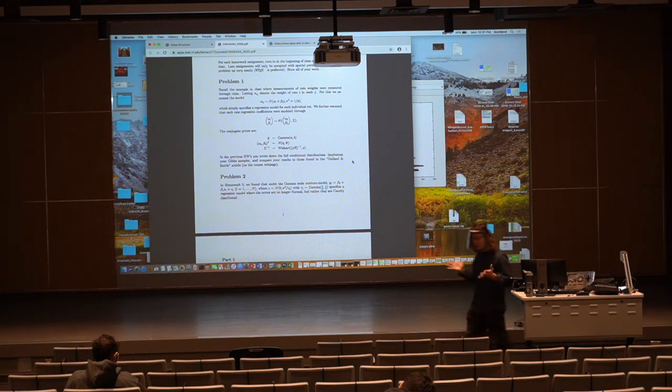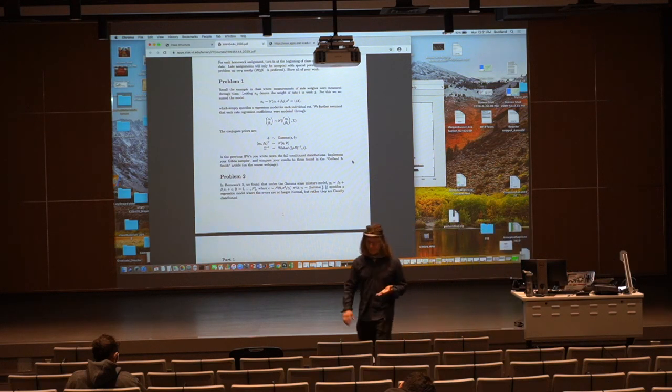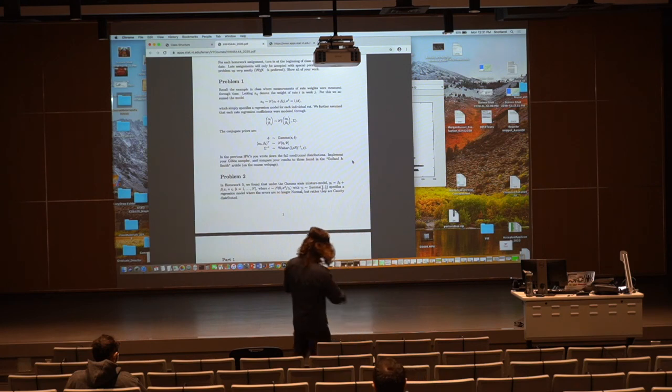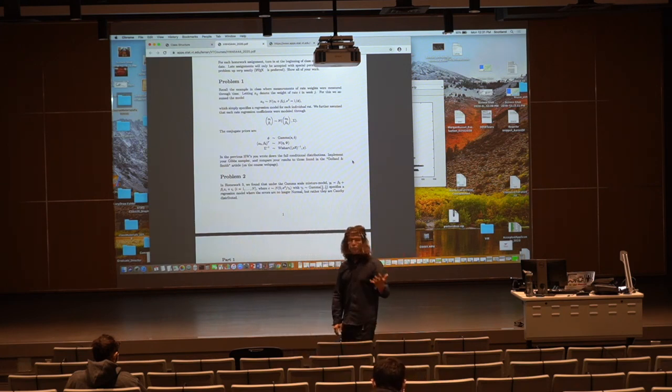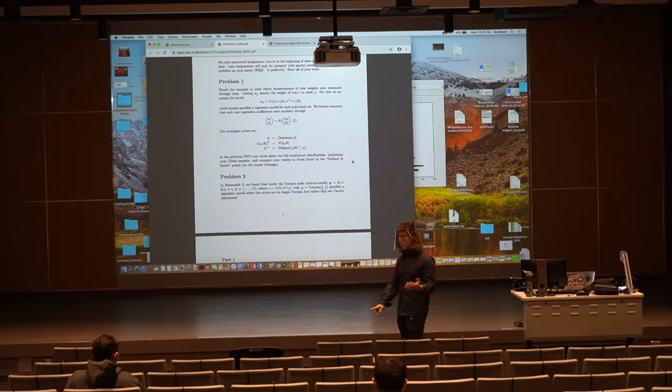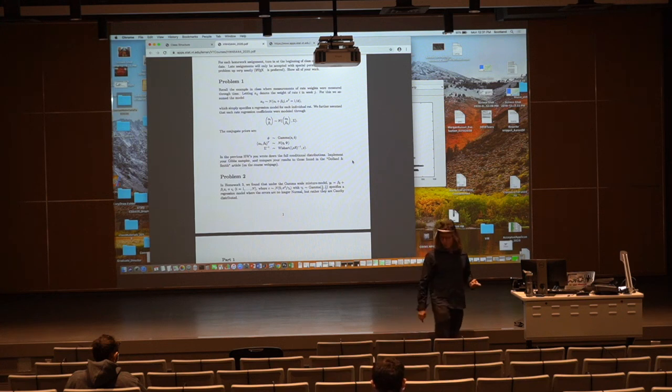Problem should look familiar, the rat problem. So I just have written it down. If you're thinking, oh boy, there's a lot to think about right here, this is exactly the same problem that you're supposed to work out full conditionals for. One of these full conditionals is the carryover from last time. I want you to just write down what those full conditionals are.